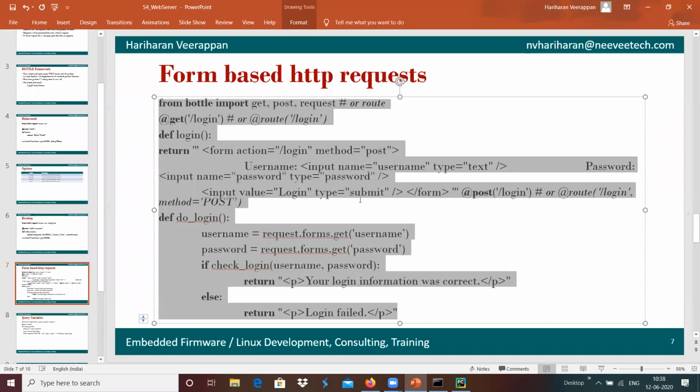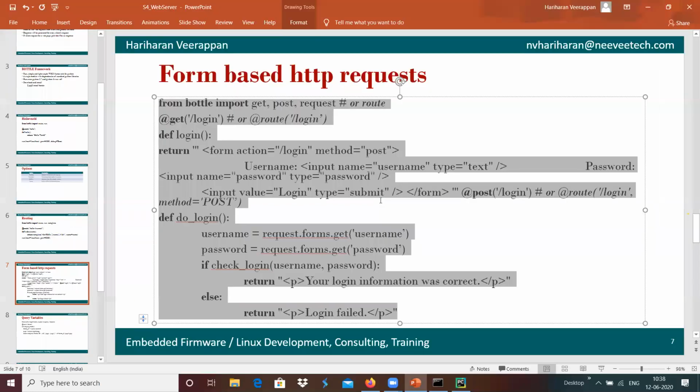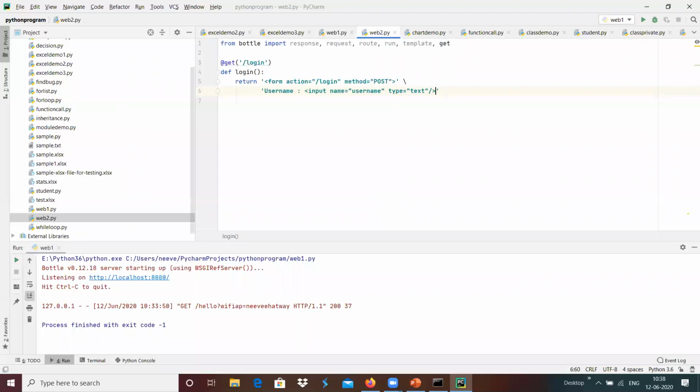And I'm going to add something like a username equals, I'm going to add an input form over here with the help of input, and name equals username, and the type is text. We can enter a text into it over here, and I'm closing this over here.